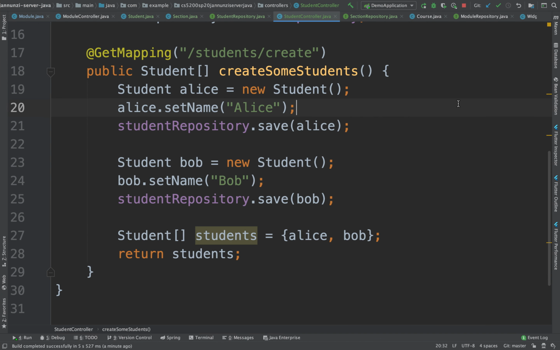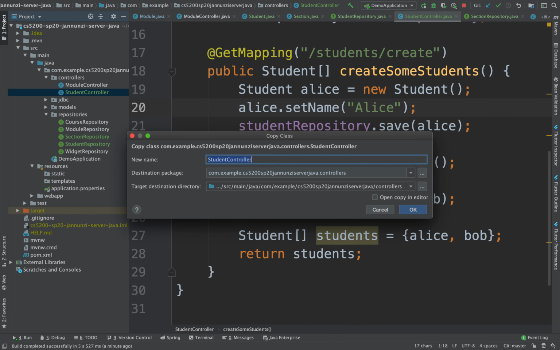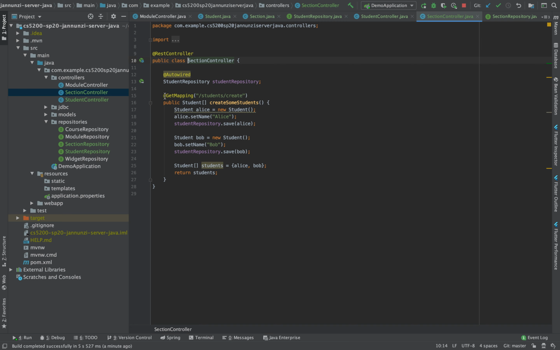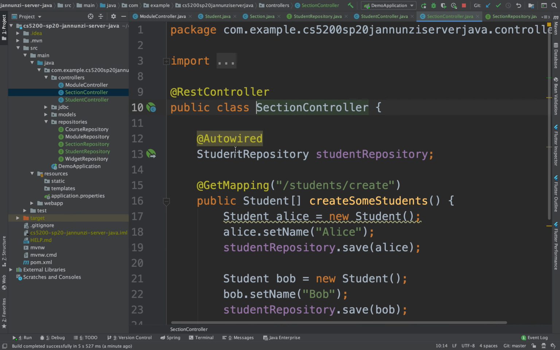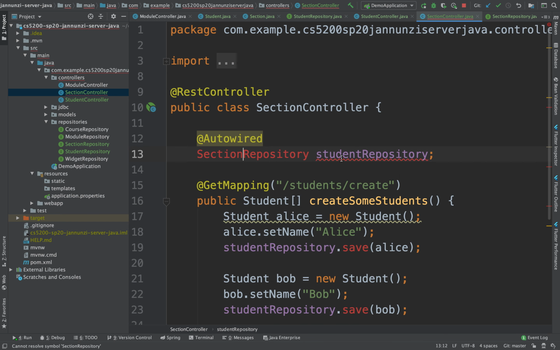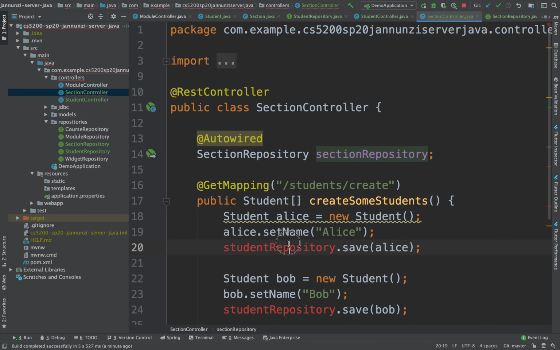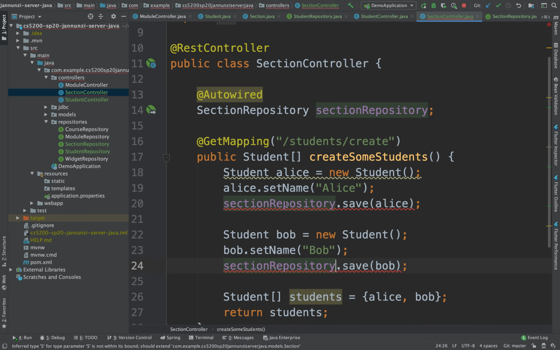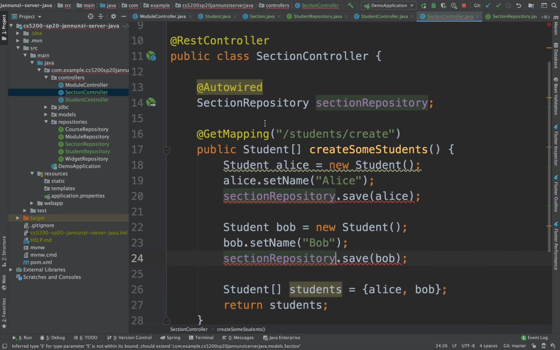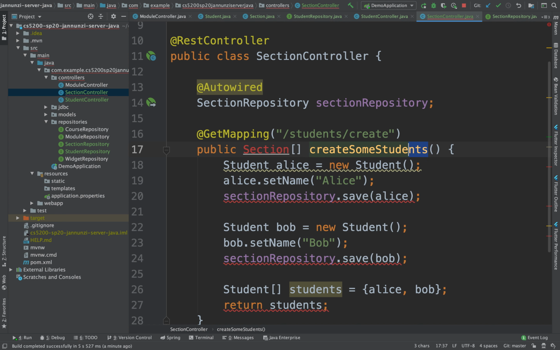Let's do something similar, but for sections, right? So we can probably just copy this student controller and call it section controller, and the section controller would use instead the section repository. So this would be section, and we are saving. Let's create a couple of sections. So I'm going to return an array of sections. So create some sections,